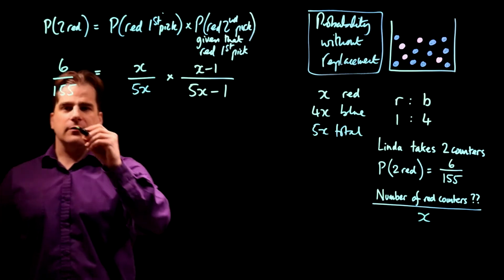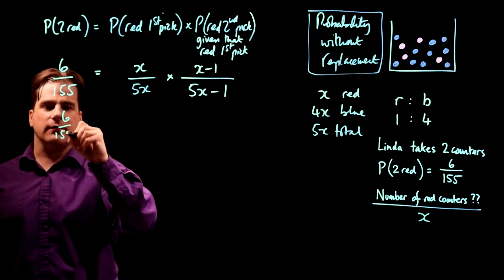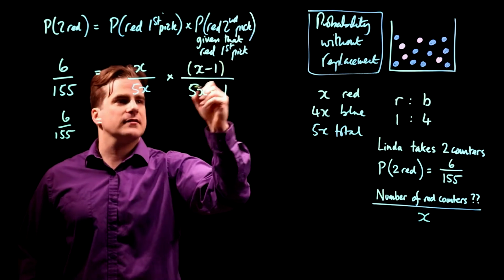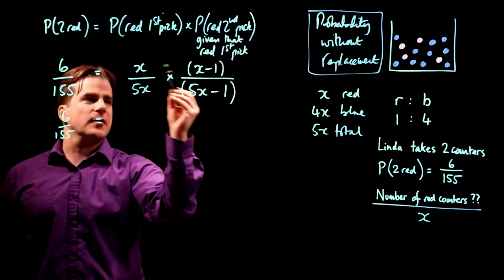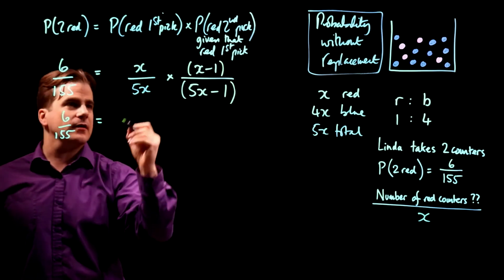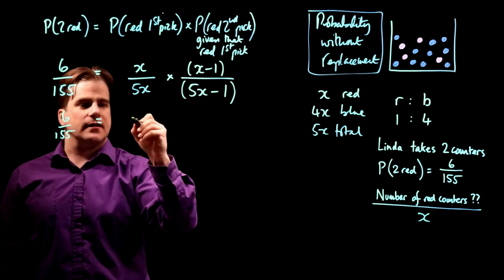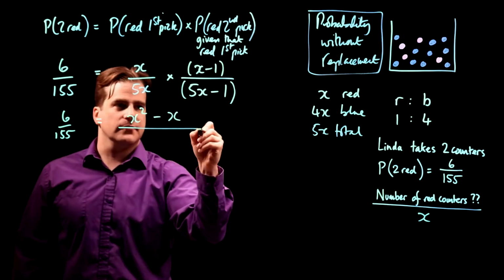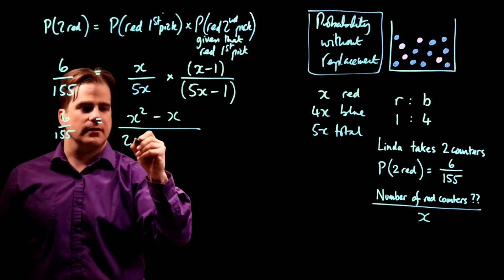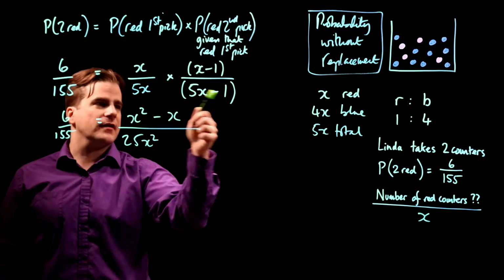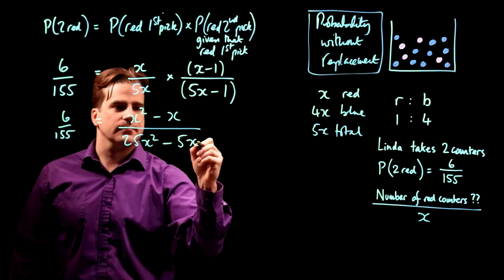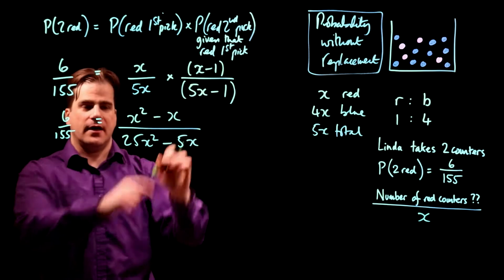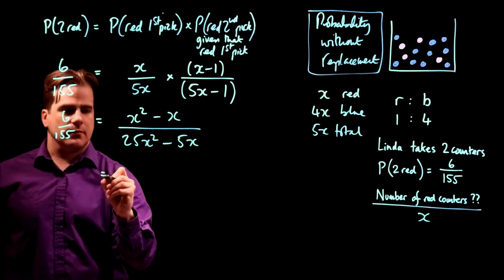Let's multiply this side out. So we get 6 over 155 equals X times X minus 1. Let's put these in brackets, because it's that multiplied by the whole of this. So X times X is X squared, X times minus 1 is minus X. Right, this one, 5X times 5X, 25X squared. 5X times minus 1 is minus 5X. Good. Let's bring this lot up here and the 155 up there. So we get,